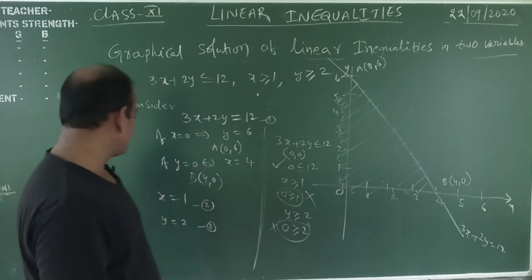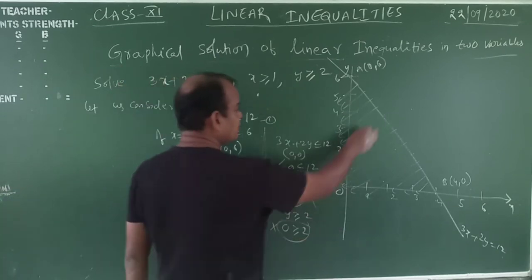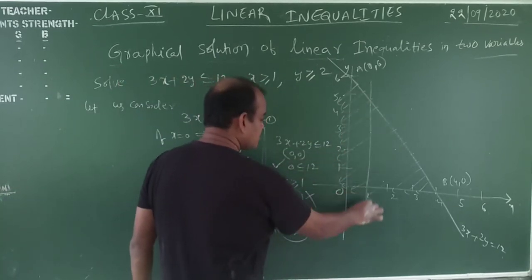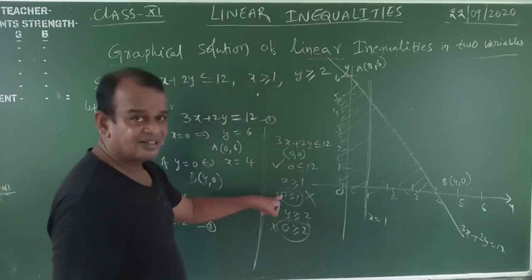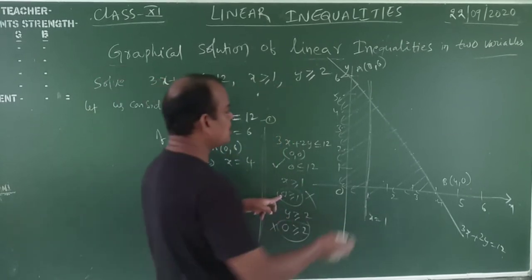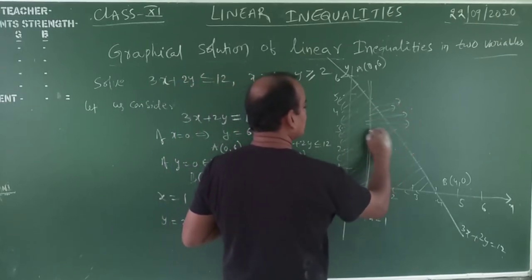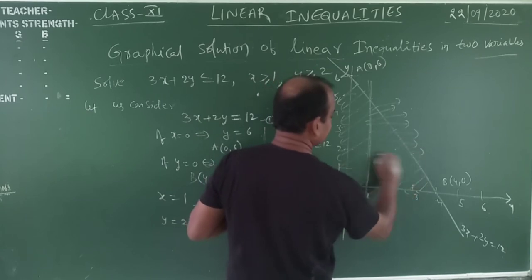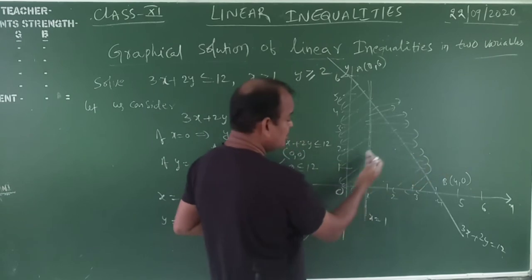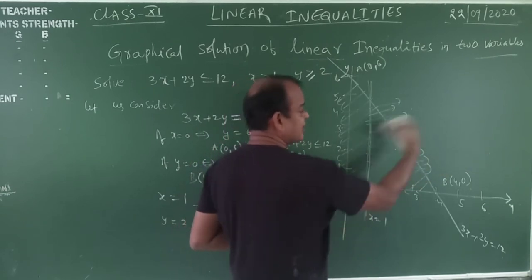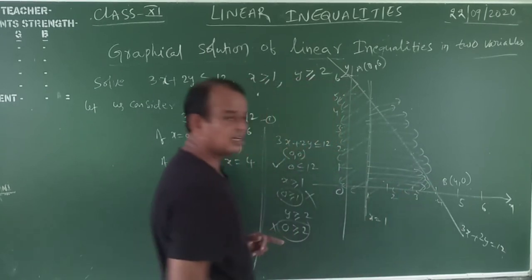Next, x is equal to 1. x is equal to 1 means a vertical line. This is x is equal to 1. Is the condition satisfied or not? Not satisfied, which means above the origin, in this way. Not toward the origin. This is the first half plane, this is the second half plane. Not satisfied means in this way. I hope that you understood or not.